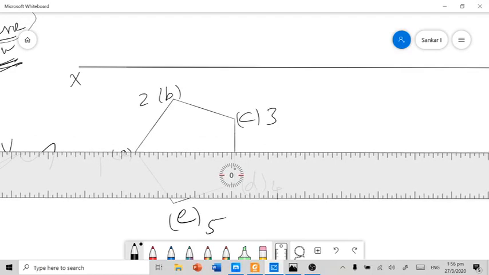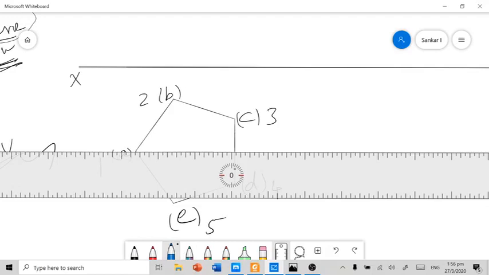For example, the base side DC, I am holding the scale perpendicular to the base side DC, and the opposite corner of DC is A. I need to bring out a rough line.